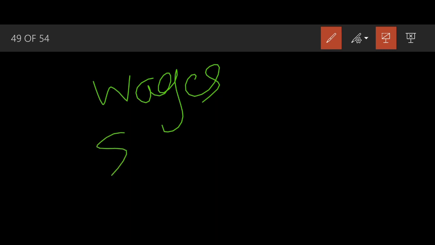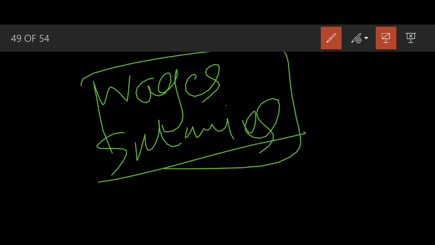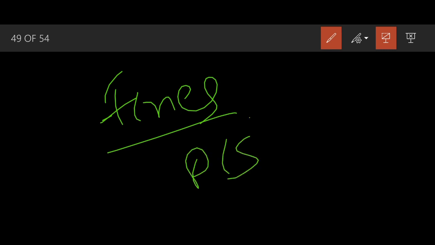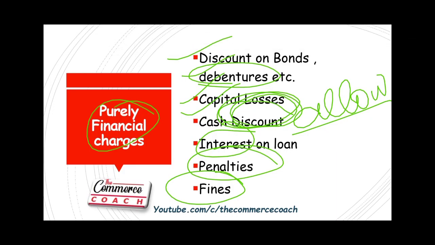What are some of the expenses that the business has to incur to maintain day-to-day activities? These expenses are wages, salaries. So basically these expenses are important. So what about the fines? Fines arise out of your personal mistakes or the business mistakes or statutory obligations compliance. Discounts are of the same nature. So discounts are indirect expenses and we will not be showing them in cost sheet.